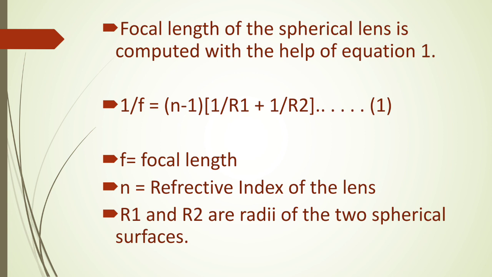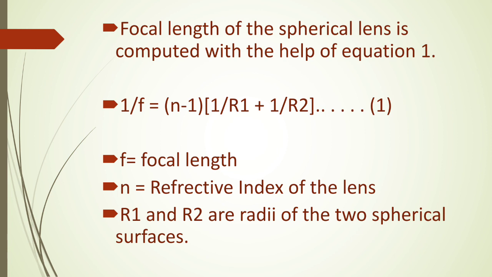We want to find out the relationship between the focal length of a spherical lens and its different parameters. We consider equation number 1. We can find out the focal length of a spherical lens with the help of equation number 1, which is 1 over f is equal to (n minus 1) into (1 over R1 plus 1 over R2),